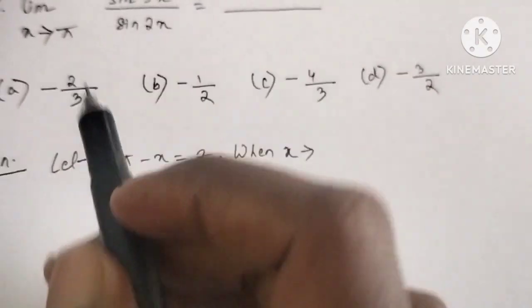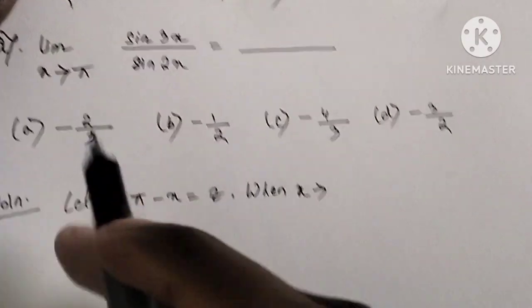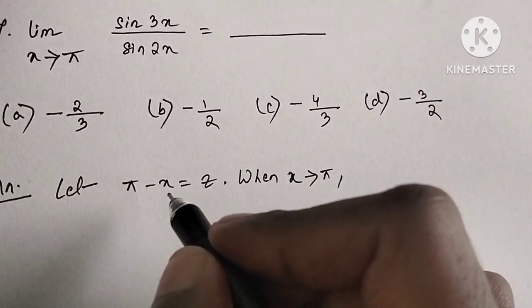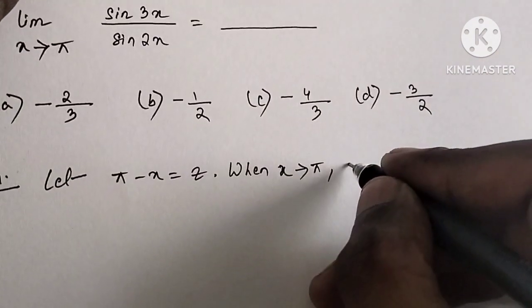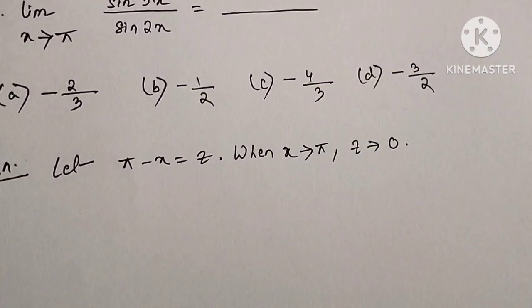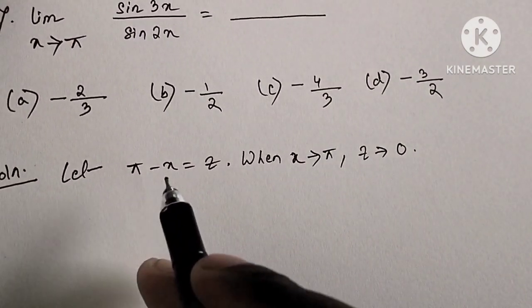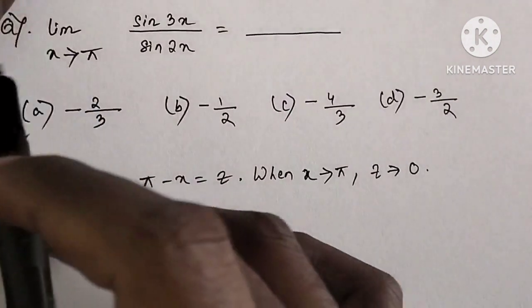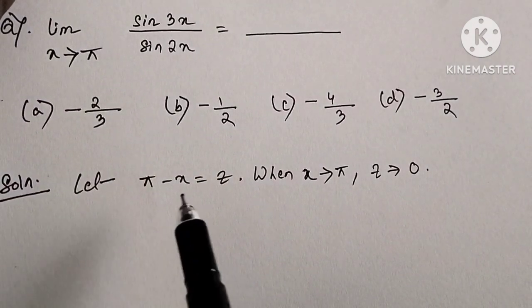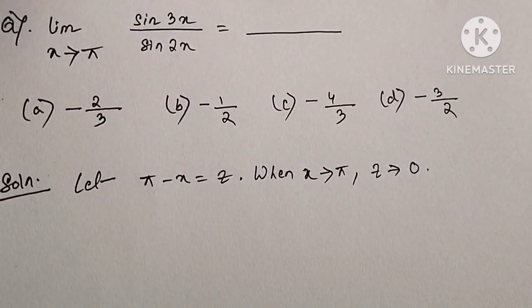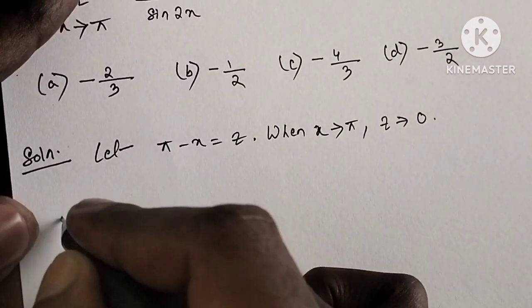When x tends to pi, z tends to 0. Clear? Let pi minus x is equal to z. When x tends to pi, z tends to 0. Clear? So therefore